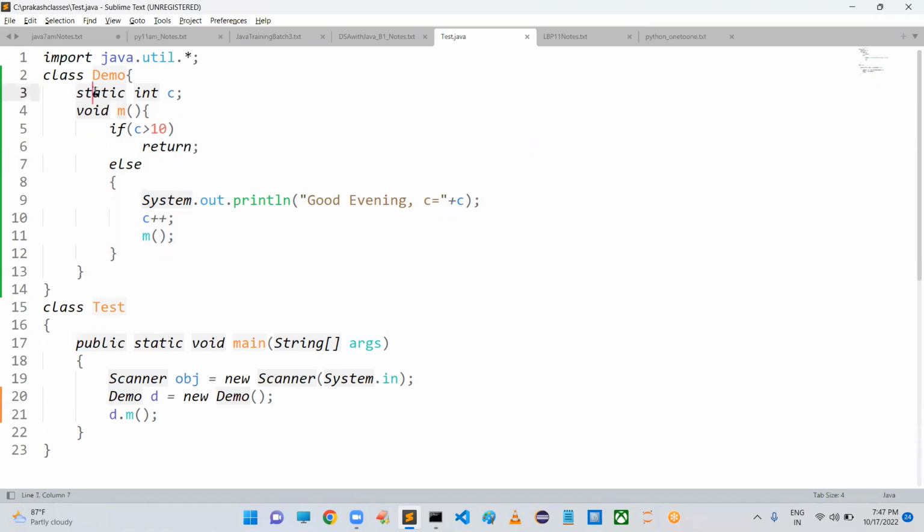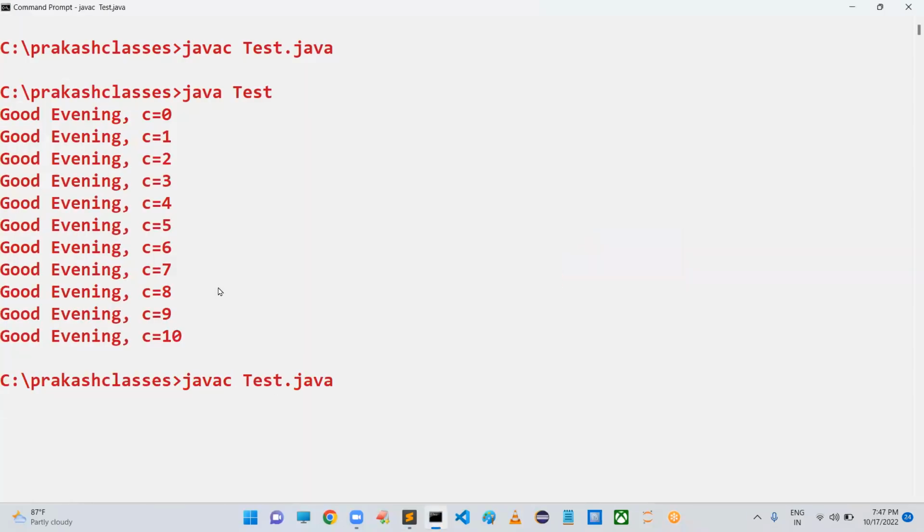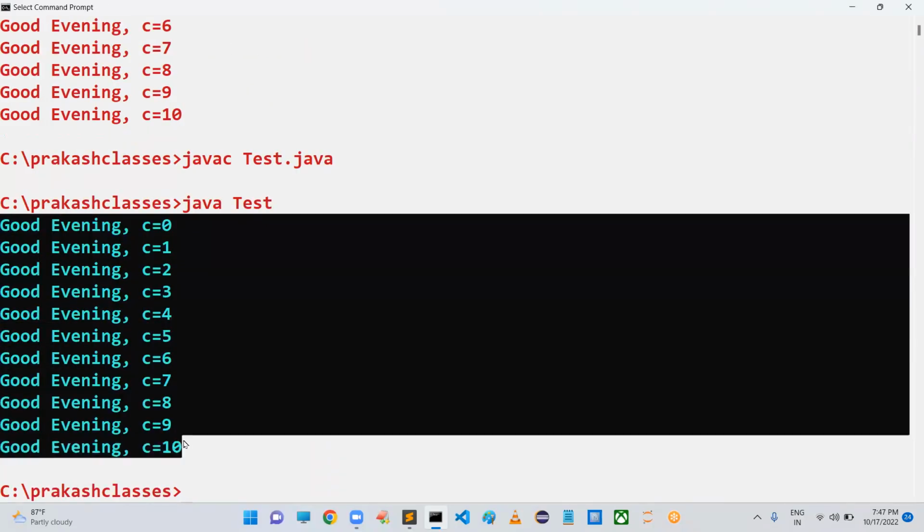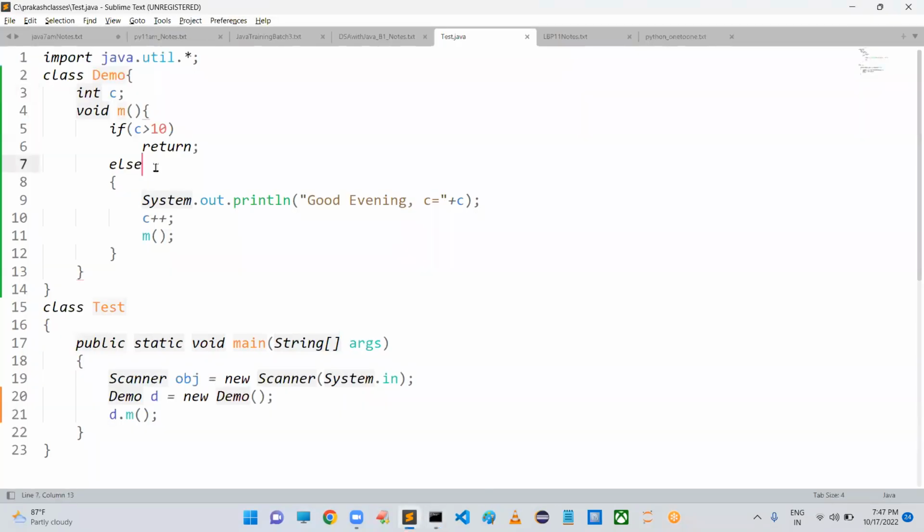If you remove static, what will happen? Is it going to work? Let me cross check. Yes, it is working perfectly. Why have I taken static here? I thought that maybe more objects are there, so one object is going to share the value of another object. But it is good programming practice to take static. Can the value not be changed? No, the value can be changed, but the value will be shared. That is the main point.